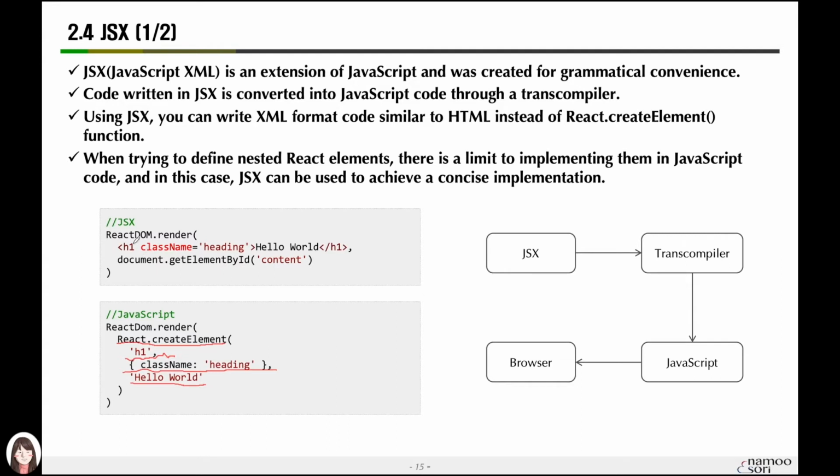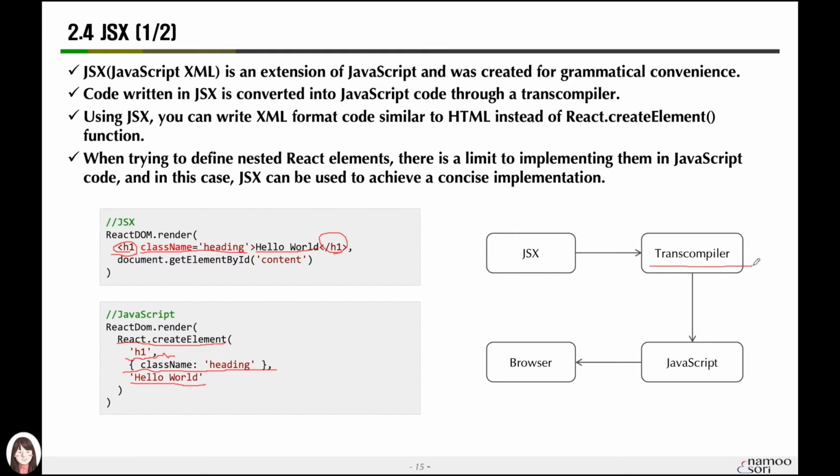As you can see, it is like the h1 HTML tag. Open the h1 bracket, then h1. Put the props before the bracket ends in the middle, then hello world, and put the closing bracket with the h1 in it. JSX is written in this form. It is just like an HTML tag. Then this kind of code we have written in JSX syntax goes through the transcompile process.